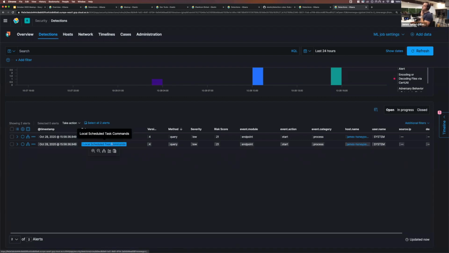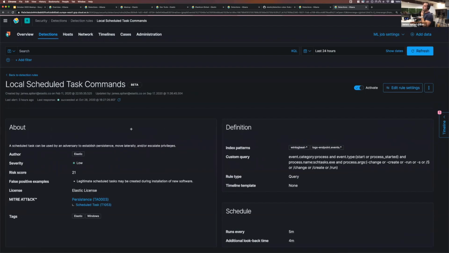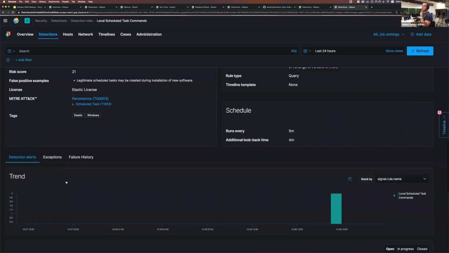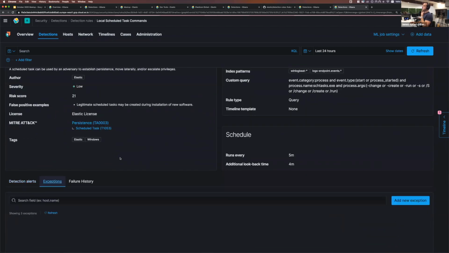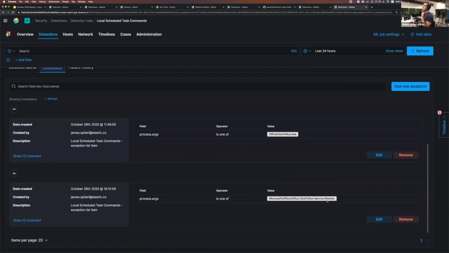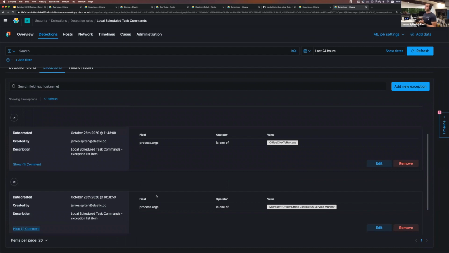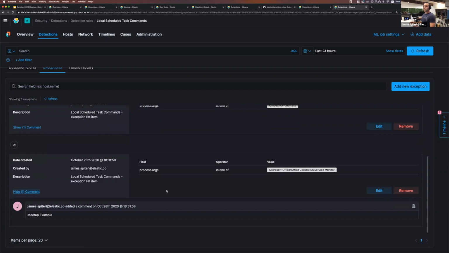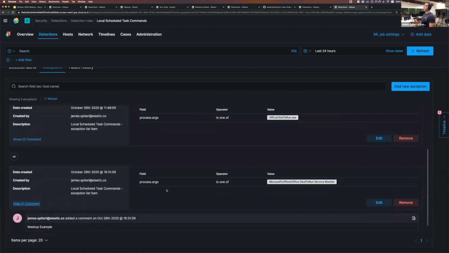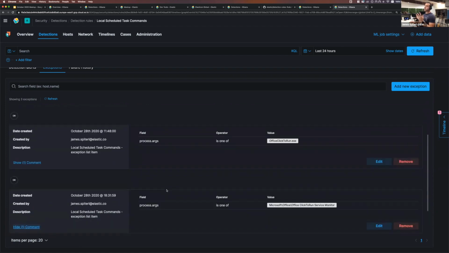If I click on this, just to show you what the exceptions look like when you add it. So we have a tab for exceptions. And you can see the exception we just added there, which is quite nice. And I can leave the comment. So it allows me to easily keep track of all of these as well. So that's exceptions, really, really handy to have, really useful. And you can manipulate these. There's APIs behind them. You can pretty much do whatever you want or need.